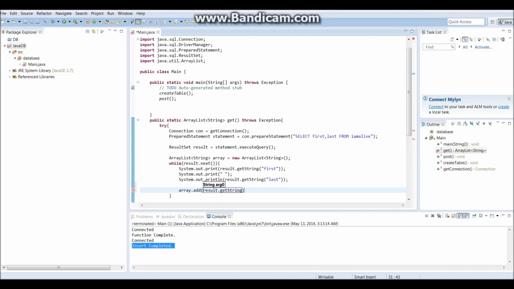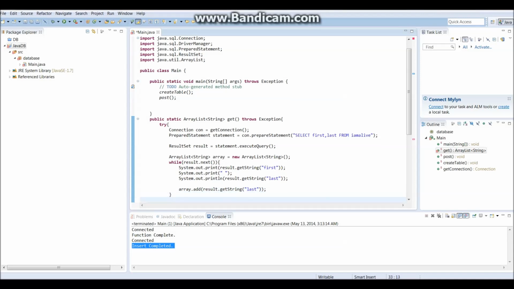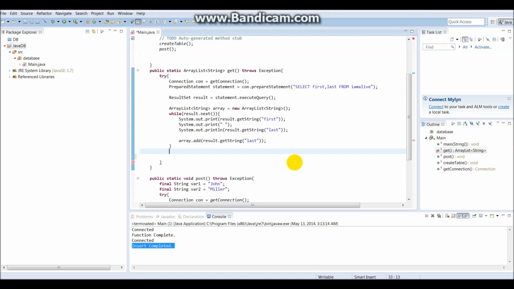There we go, just like we did up here. And then the type. So right now we're just going to worry about their last name. We're not going to mess around with their first name, mostly because I'm lazy. On the next line, leaving our while statement, so once all of our records have been selected, we can go